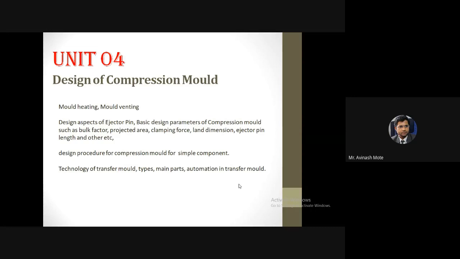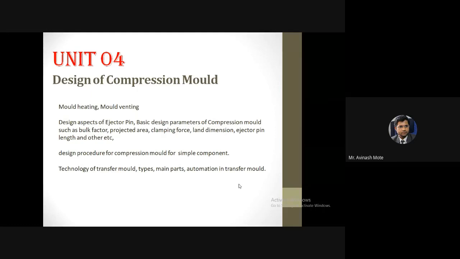Here in the second section, we are going to discuss the basic processes which are applicable for more than 90% of components or products: compression molding, sometimes transfer molding, which is also a type of compression molding, and second is injection molding, and third is blow molding.